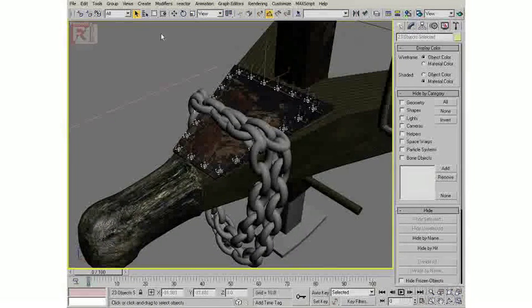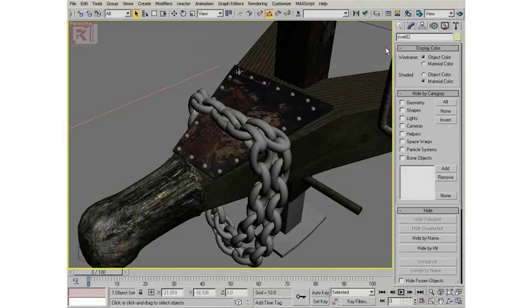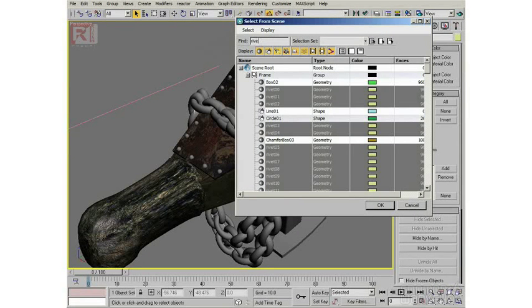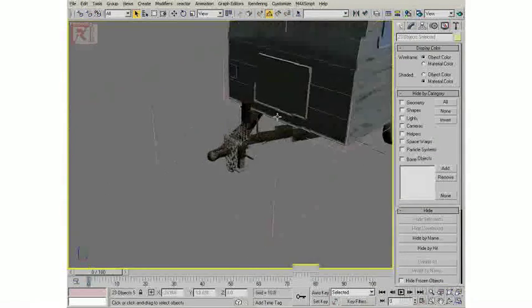So having said that, now we can go in and clean this up a little bit. It's not too hard, fortunately. So we just go Tools, Rename Objects, and then I'll give it a base name, and I'll just call it Rivet. Okay, and then numbered, so I increment the number, starting at 0, incrementing by 1. Hit rename, and then we'll see that each one of those is called Rivet something or other. Now, when I go in here and I say just pick Rivet, I know that I'm just going to be picking the rivets, and I'm not accidentally,